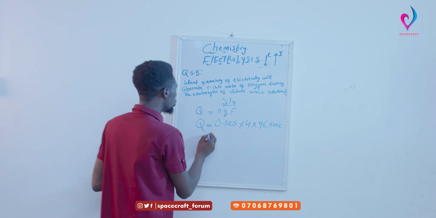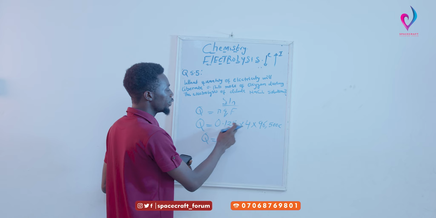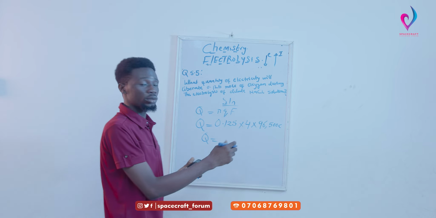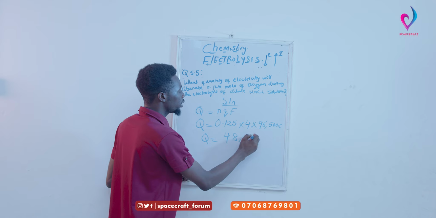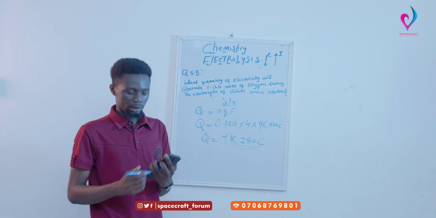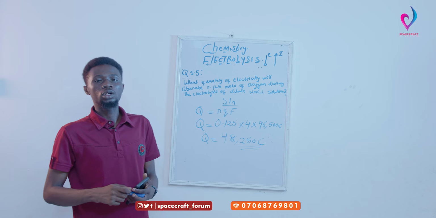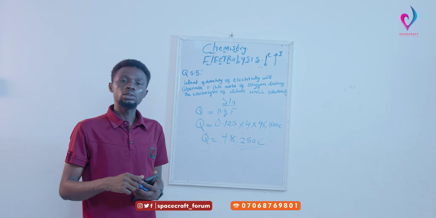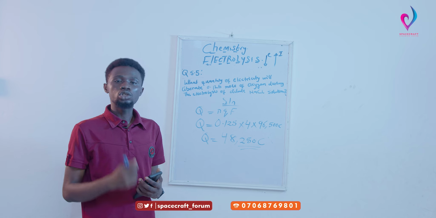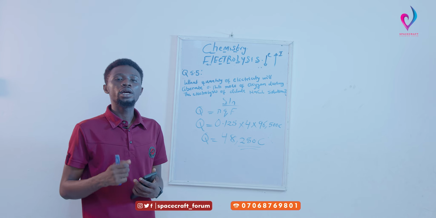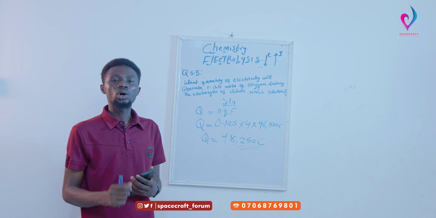96,500 coulomb. So the quantity of electricity, that is 0.125 times 4 times 96,500, which is 48,250 coulombs. Just remember that anytime you are working with calculation involving number of mole, just use this formula. Q is equal to nQF, while q, which is the charge of element of oxygen, is always equal to